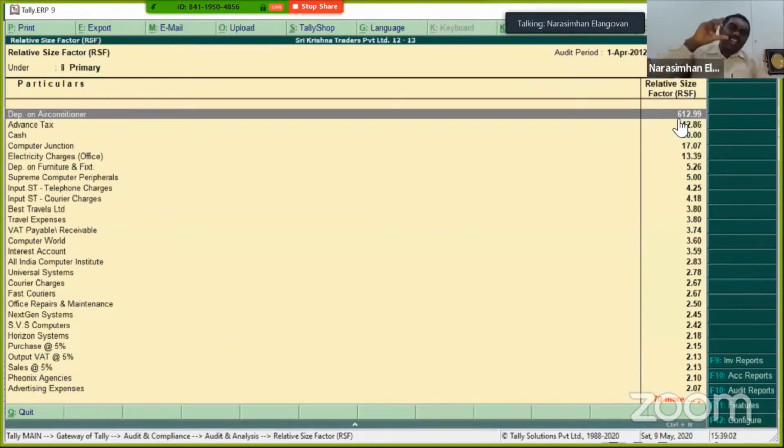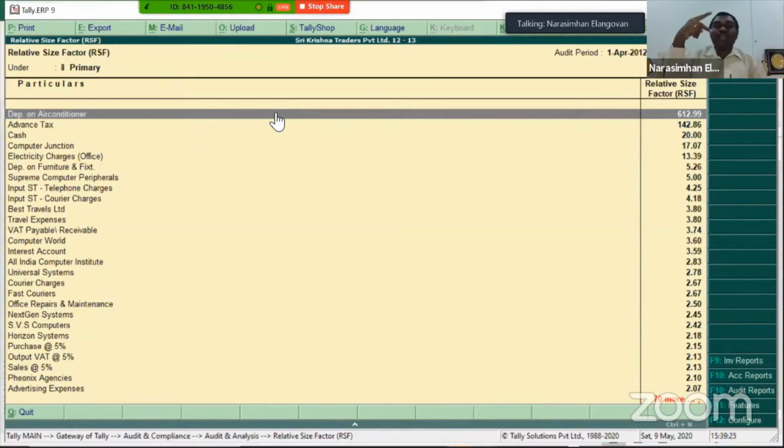See, generally, transactions tend to be in a particular sequence. I repeat, generally, transactions tend to be in a particular sequence. When they are in a particular sequence, this is how these are getting routed, debit, credit, whatever that is. But if the first item and second item show an extremely high variation, it may be a reason for suspicion. And that is what relative size factor does. A relative size factor takes the ratio of the highest to the second.